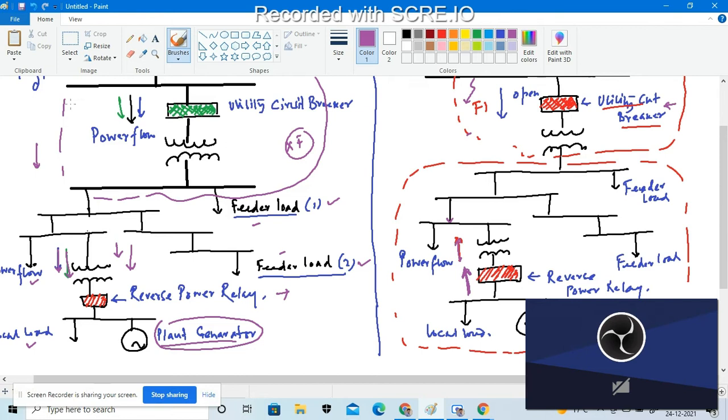So what is the basic need of the reverse power relay? It is very useful to implement the reverse power relay to detect the loss of a grid supply whenever the difference between the load and the available generation is not sufficient to obtain an appreciable rate of change of frequency. Keep remembering these things.